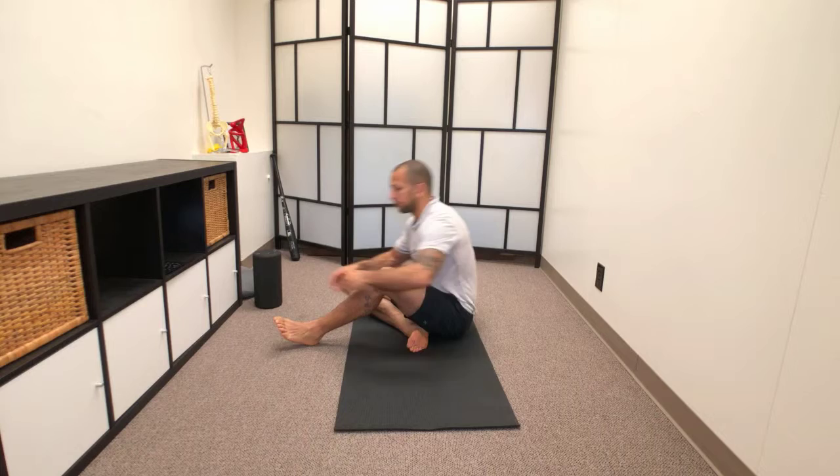Today we're going to talk about core exercises, crunches, sit-ups, and lower back pain. A lot of people ask me, what exercises are good for lower back pain? And the truth is, it really kind of depends. But if you are having lower back pain where it hurts to bend forward, picking up objects off the floor, then you're probably going to want to avoid some flexion-based, sit-up and crunch type exercises